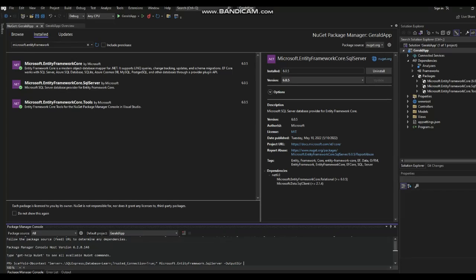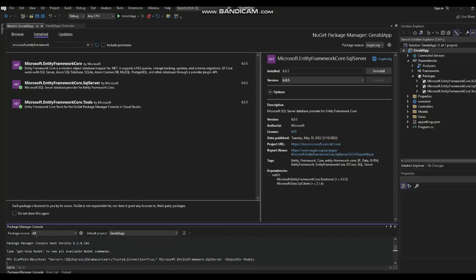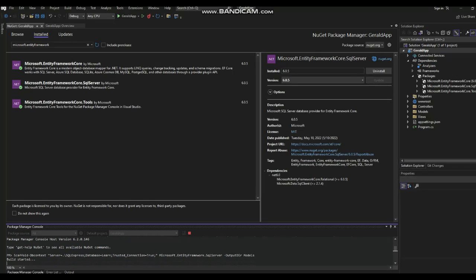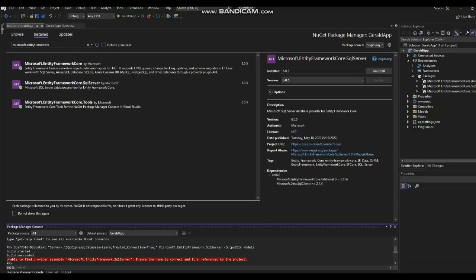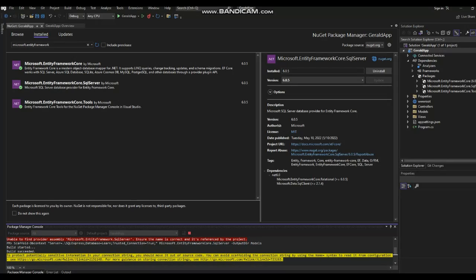directory and models. Okay, if you click on this and you don't have any error at all, then it will be build succeeded. But if you do have an error, just like this one, I do have an error: unable to find provider Microsoft.EntityFramework.SqlServer. The reason is that I don't have Core. As you can see here, it has Core on the framework. So you just need to type in Core in here,